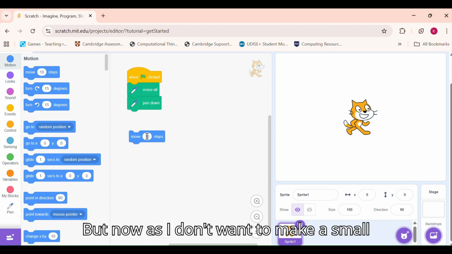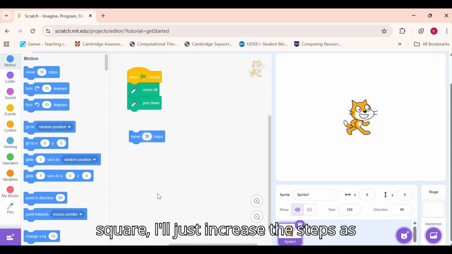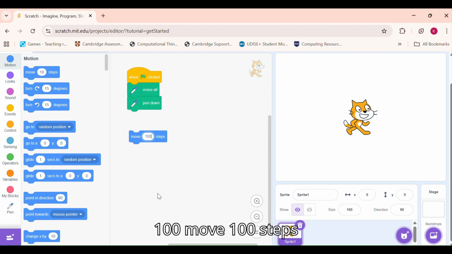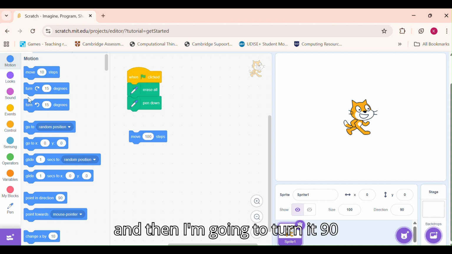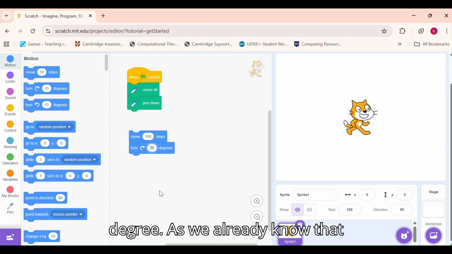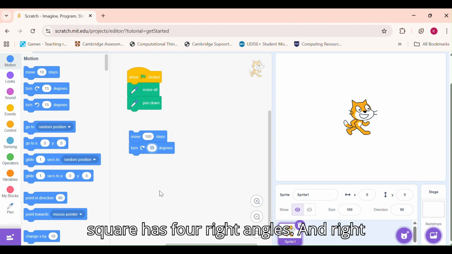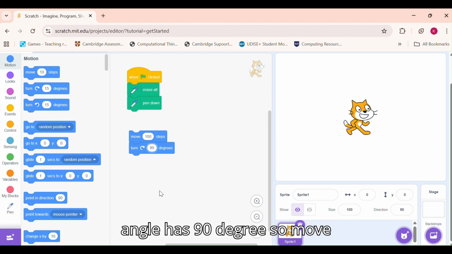But as I don't want to make a small square, I'll increase the steps to 100. Move 100 steps, and then I'm going to turn it 90 degrees, as we already know that a square has four right angles and a right angle has 90 degrees. So move 100 steps, turn 90 degrees.